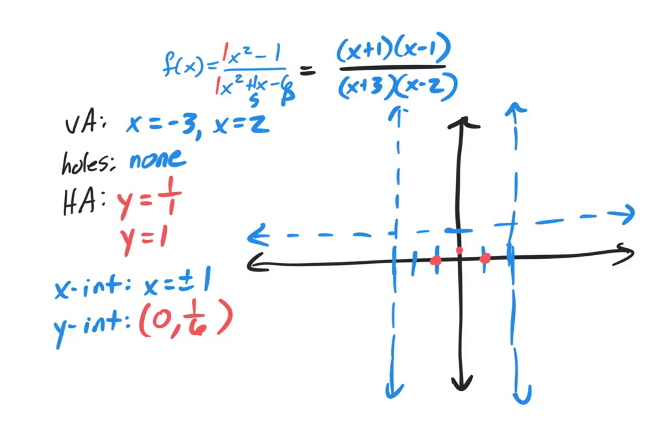Okay, so those are kind of the key things that we're looking for. I'm not going to expect you to know what all these graphs are going to look like. Frankly, I can look at a polynomial still, and I don't have any idea what some of these are going to look like just because of all the intercepts and asymptotes and everything. So you're going to have to use your calculator to come up with a picture of what this graph's going to look like. Okay, once we have all of this information,